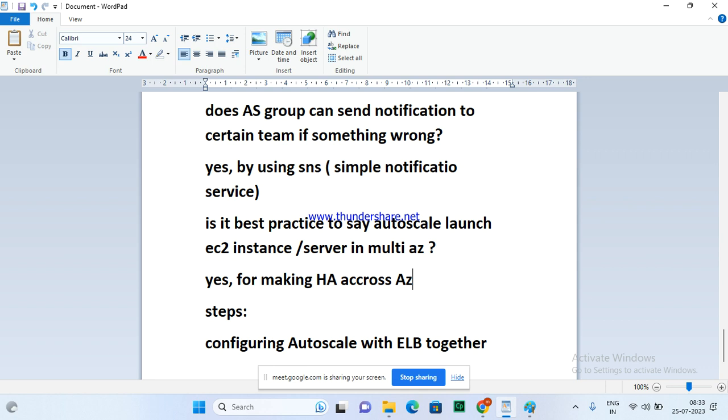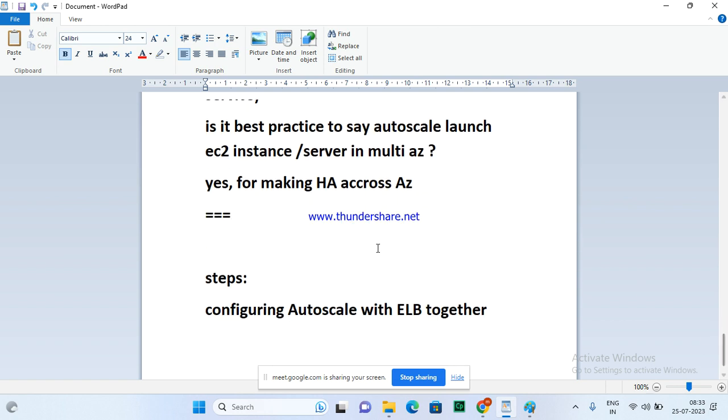Same thing, when you're running servers, you should not keep all servers in one zone. A zone is a data center, a physical location of Amazon. So it's not good practice to run your server in one single zone. You have to split: a few servers in zone A, a few in zone B, zone C. If something affects zone A, my application is still available for the customer and will not get disturbed. That's why you have to tell auto scaling to launch the servers in Multi-AZ. Is it clear now? This question and answer is very important.